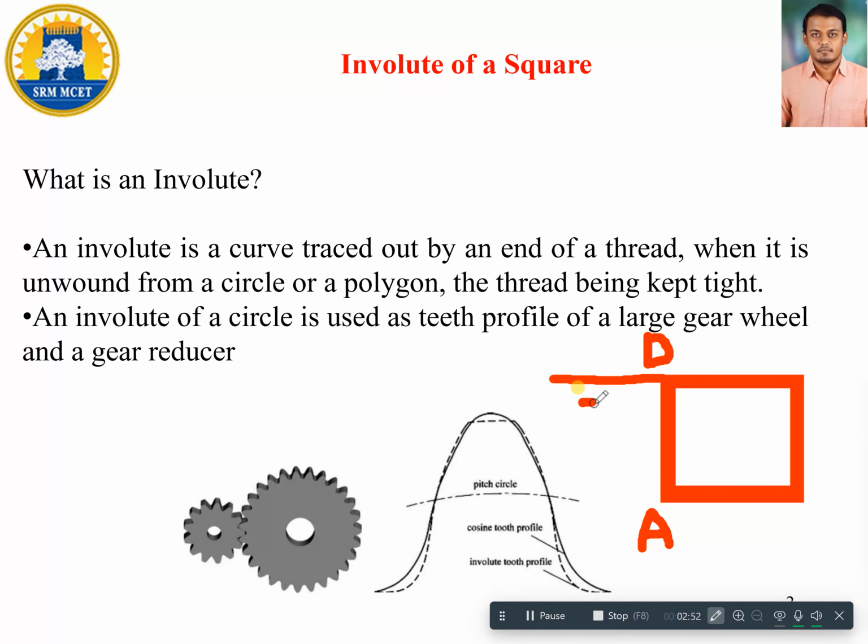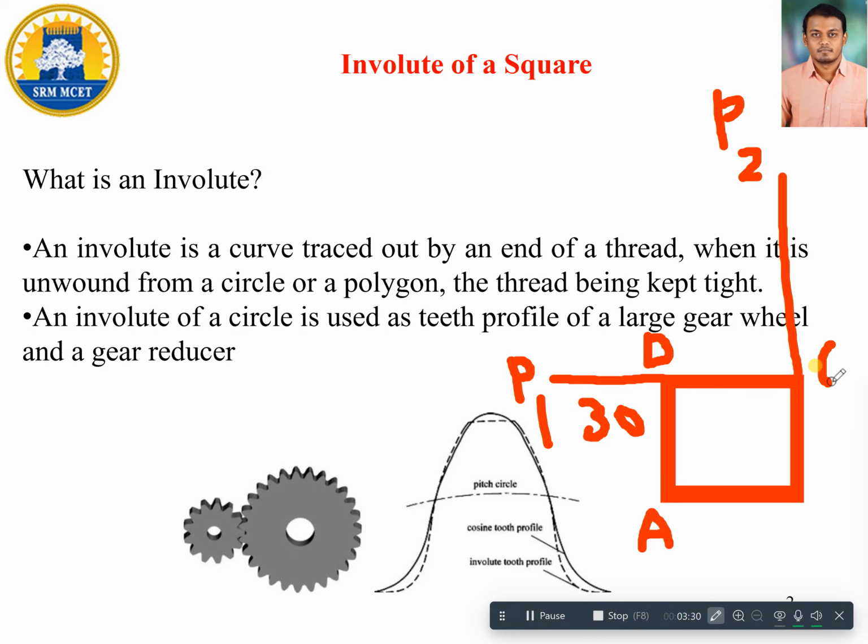So what will be this dimension? It will be equal to 30 mm because it is equal to the length of the square. If you assume that the length of this square is equal to 30 mm, then in the next stage I am going to remove the thread from this side also. Already I have removed the thread from this side. So therefore the thread will be equal to 30 plus 30, which is equal to 60 mm. So if this is my point P1 and this is my point P2,